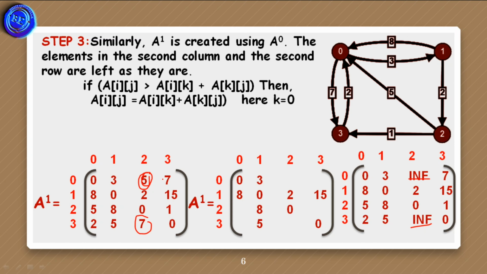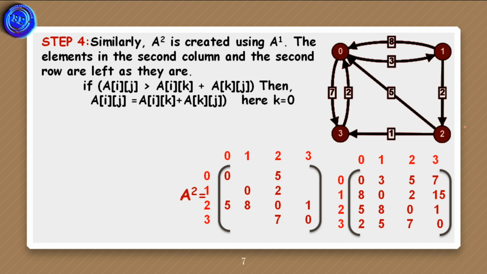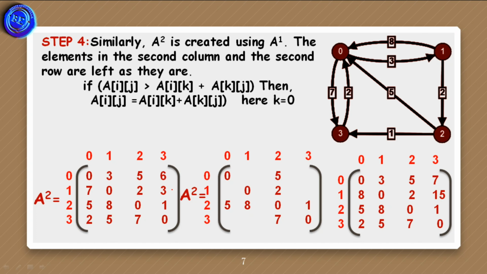And coming to the next step, we are going to take the second vertex. Similarly, as I discussed in the previous steps, 2 is taken as the intermediate between the two vertices. So the second row and the second column. Here, second row means this row. I represented 2 as the second row, 3 as the third row, 1 as the first row and 0 as the 0th row. The matrix for the fourth step is as follows. Here you may notice that these values are changed and the remaining values are as they were.